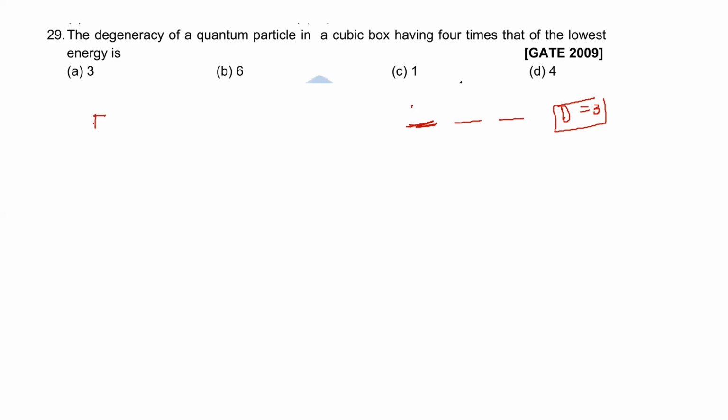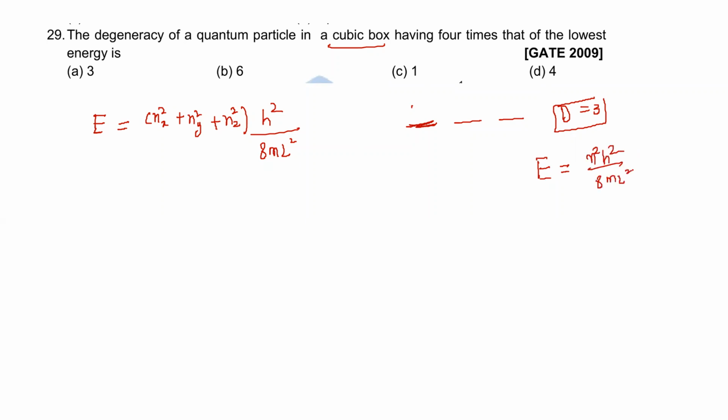For a particle in a cubical box, you should know the formula. The formula for the energy is (n_x² + n_y² + n_z²) h² over 8mL². When the particle is moving in a 1D box, the formula is n² h² over 8mL². If the particle is moving in a 2D box, then